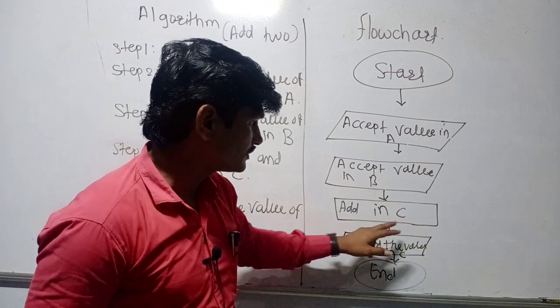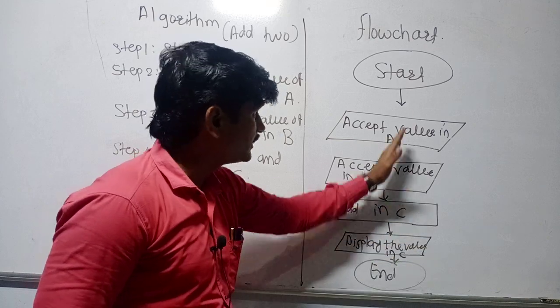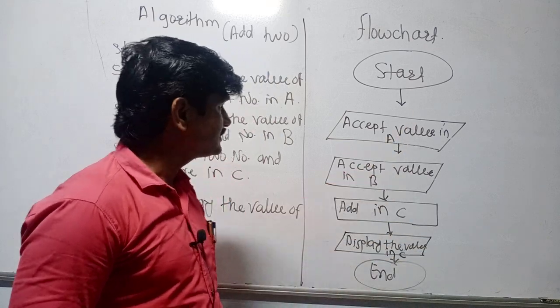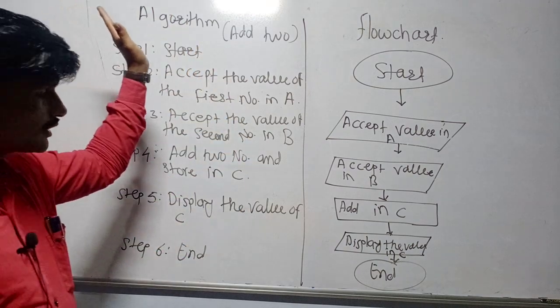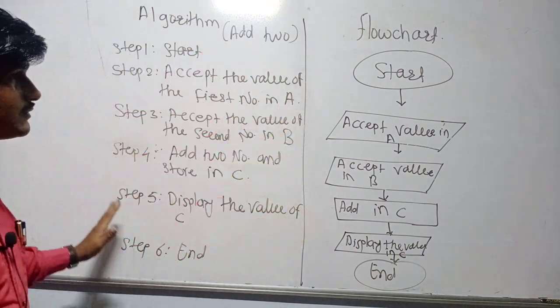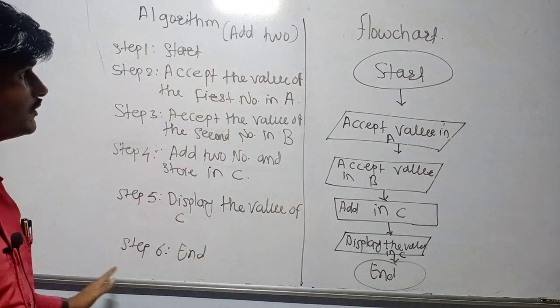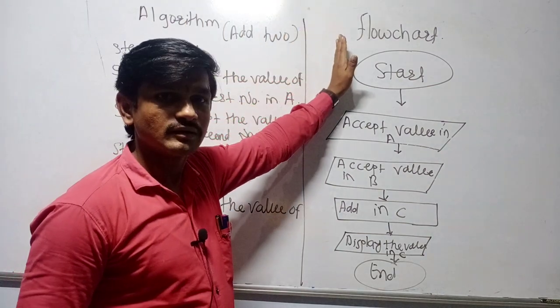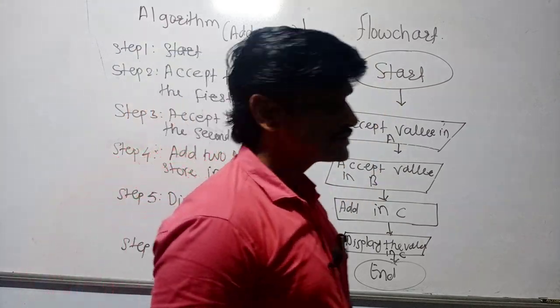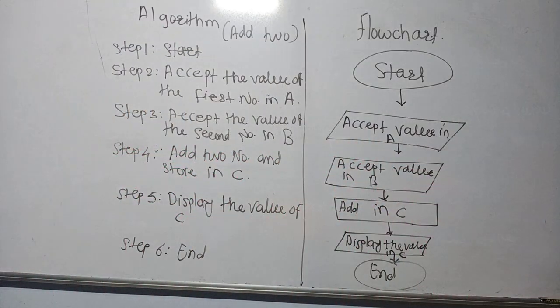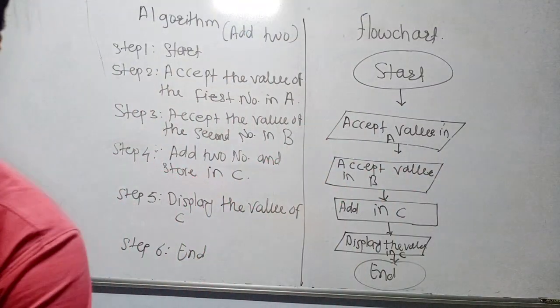Now this is the output. Step 5, and then end. Like this you can write any flow chart, and depending on that flow chart, you can write the algorithm first, and depending on that algorithm you can write the flow chart. Means you can draw any flow chart. Like this you can solve any problem with the help of algorithm and flow chart. Yes, again we will see the next example, how to make decisions.